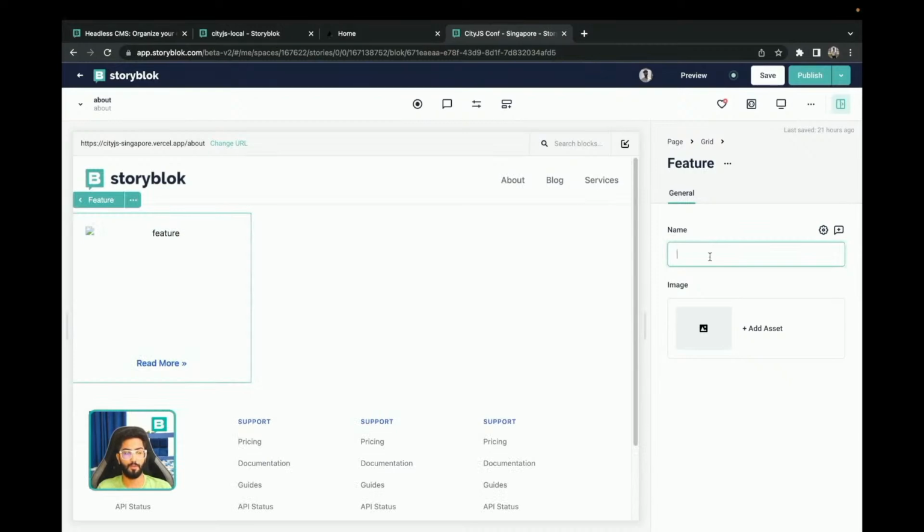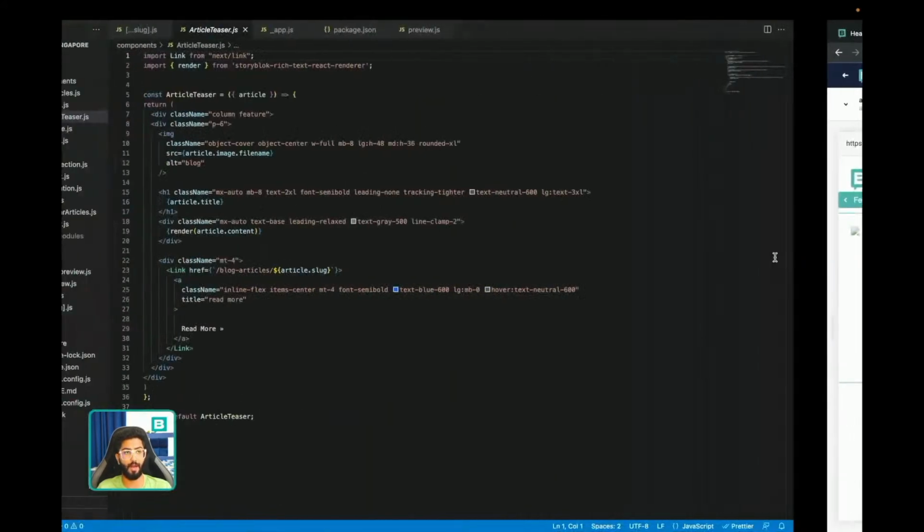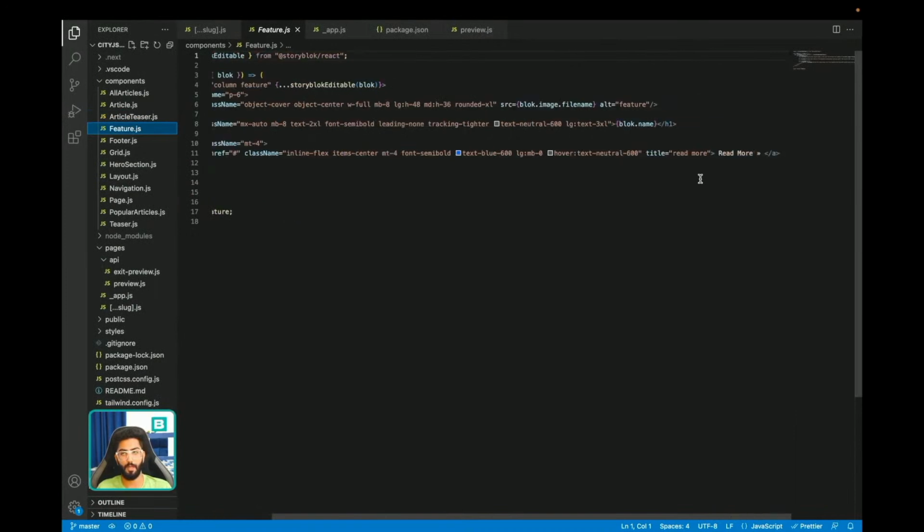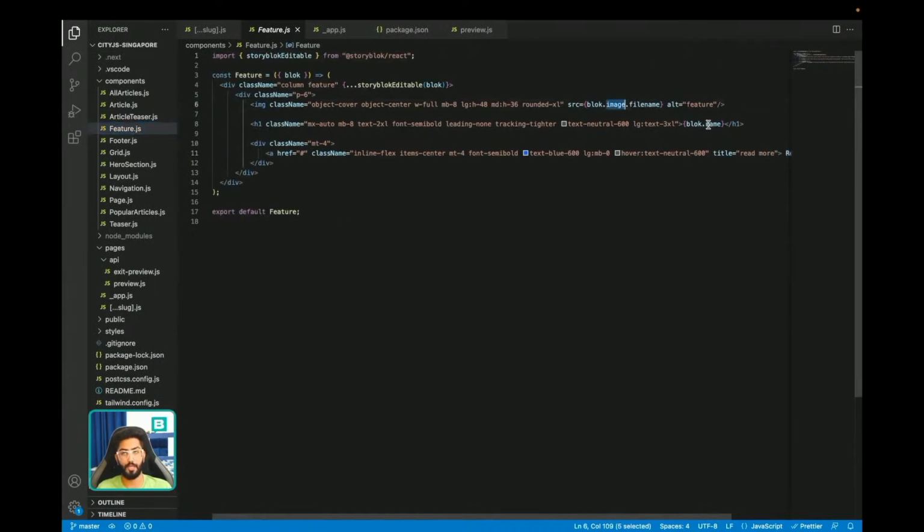All right, so I think my internet is not helping me out over here. Maybe some of the issues. So you can see that as soon as I render the feature is there, but there is again no data, and this is again statically rendered. This is static. I have hard coded it somewhere in the feature. The read more should be there hard coded. So here is the read more, which is hard coded, and all the other things, for example, the image and the name are going to be